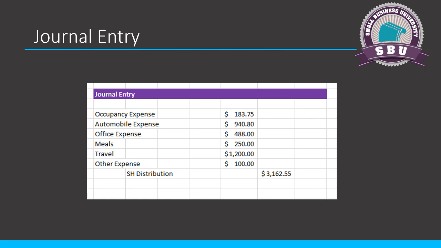In this example, I've told the client to transfer $3,162.55 from the business account to their personal account as reimbursement for these costs. When that comes through the bank feed, we have a couple of choices. First, we could just book it to shareholder distribution until we're ready to do the journal entry, okay? Because sometimes you may not be ready to do it.